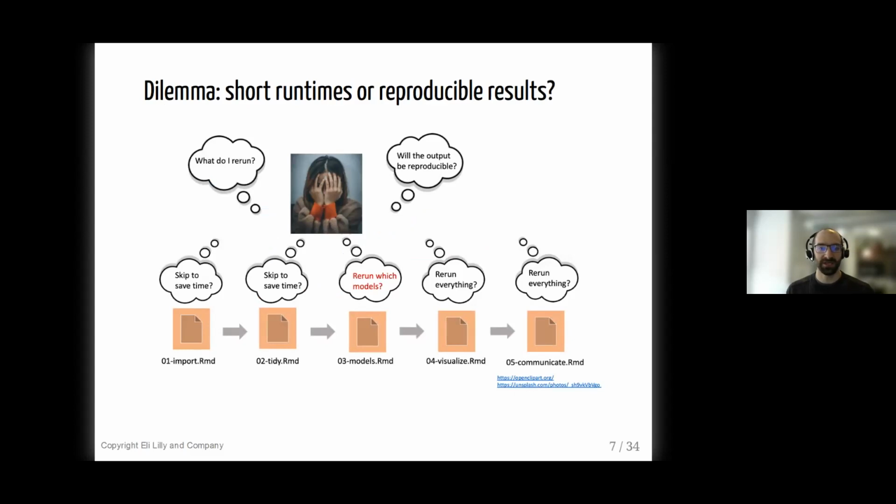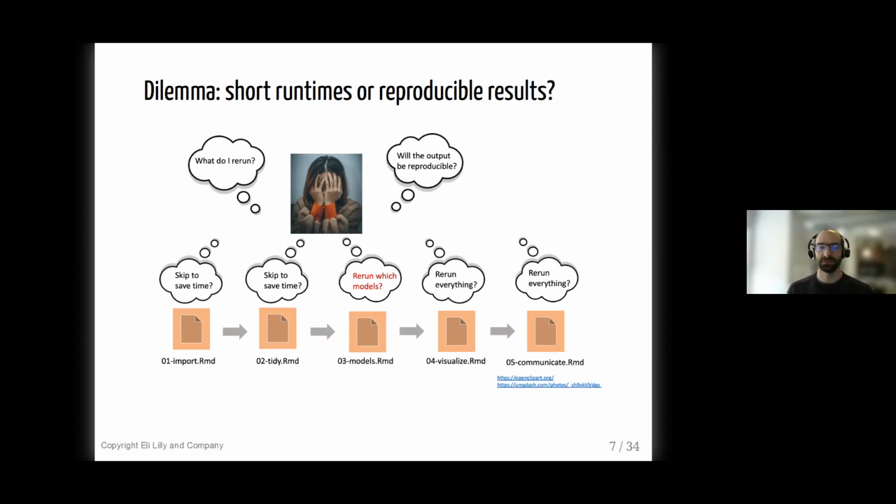Workflows are complicated enough that usually it's difficult for a human to do this. What steps need to rerun? What steps are still up to date? What code have you changed since the last time you looked at it, which could be several months in the past? I don't think that it's convenient or reliable or reproducible for humans to try to do this exercise of going back and seeing what components of the analysis they can skip in order to save time.